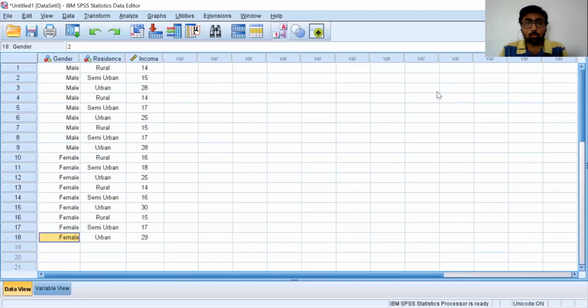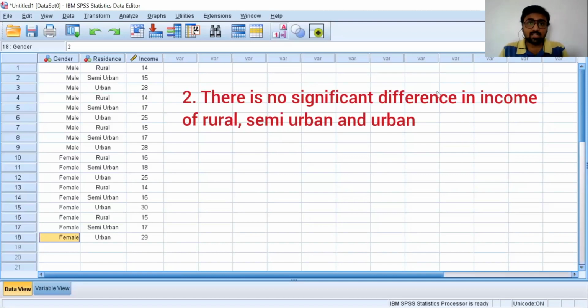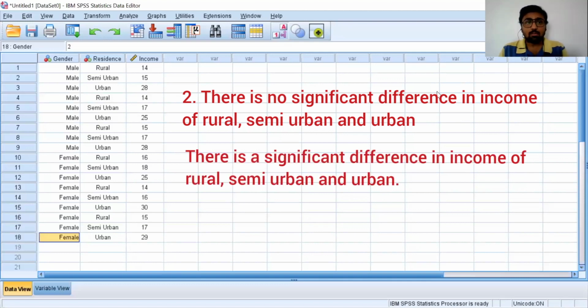Now, second null hypothesis is there is no effect of residence, the type of residence, on income, or there is no significant difference in income between rural people, semi-urban people, and urban people, against the alternative hypothesis of a significant difference in annual income between rural, semi-urban, and urban people.